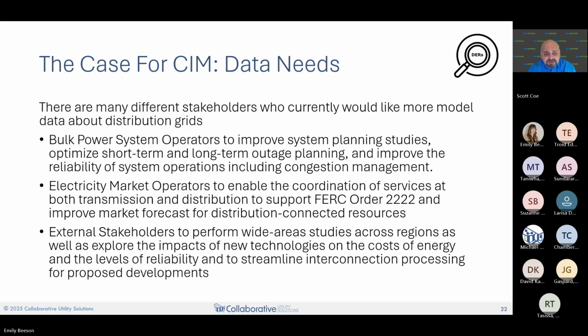So in Europe, most of the utilities have already adopted CIM, or are at least on their way to adopting CIM internally. In the US here, we haven't done that internally. So we have really two steps. First is to get everyone aligned on CIM who hasn't started down that path. And then second is sharing this data outside.